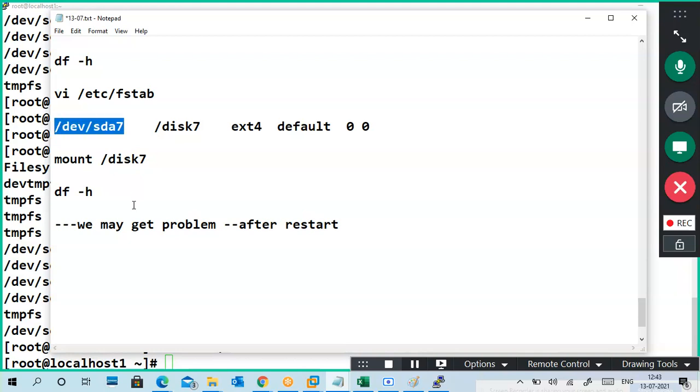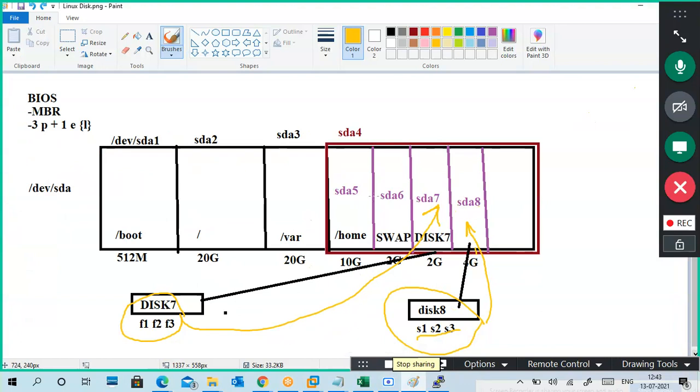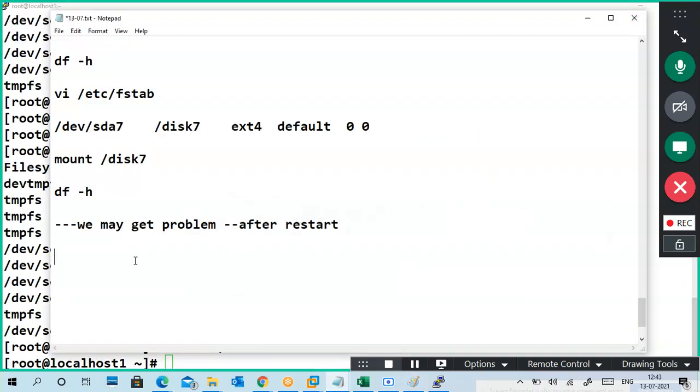At boot time, you don't know which is exactly this partition. At boot time, these numbers are different. Maybe this is SDA1, this is SDA3, this is SDA2, like that. It can be changeable, interchangeable, because it's a logical one.